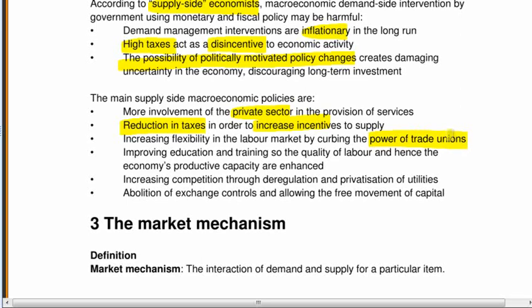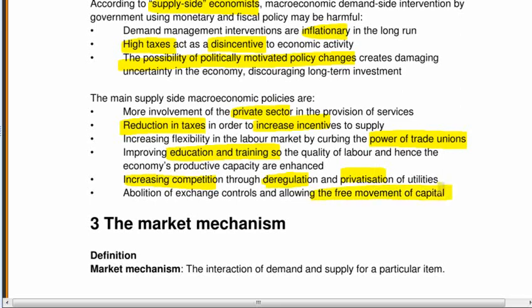Curb the power of trade unions. Okay, you're probably not old enough to remember the late 70s, early 80s when Maggie Thatcher was elected, but that was a huge part of her policy, was to do a bit of trade union bashing, okay, because the trade unions had basically brought the country to a standstill in the 70s. Improve education and training, okay, so that we can supply more. Right? It increases the quality of labour in the economy. Increase competition. It's all about the free market. Yeah, so deregulate. Yeah, privatise as much as you can.